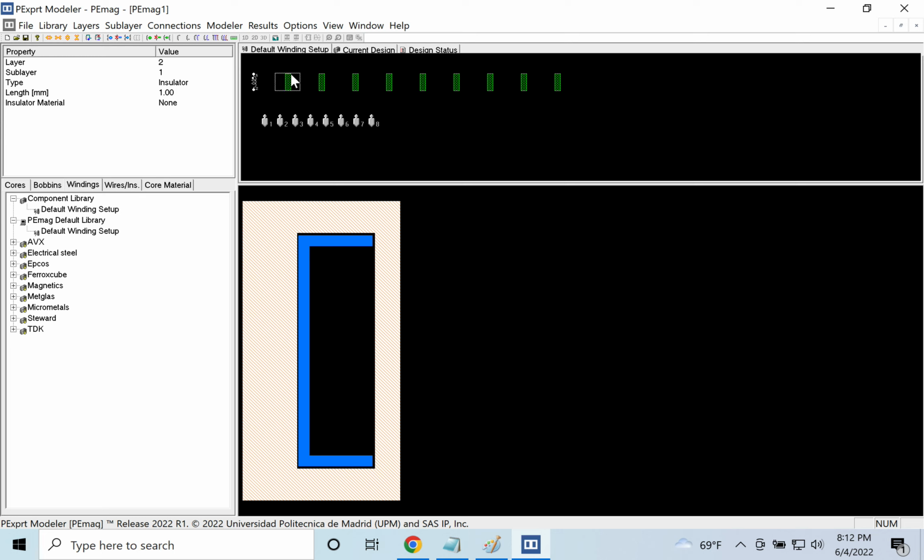So I want to change this as tape. So I'll just leave this 1, 2 and 3 layers. Then what I would do is I would change this one as a secondary. So again, I go over here, click on monofilar. Then I want to put 2 layers